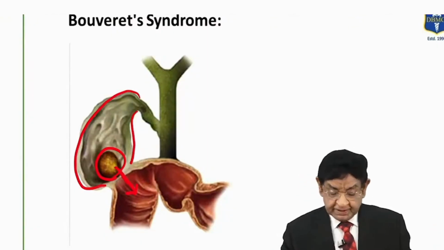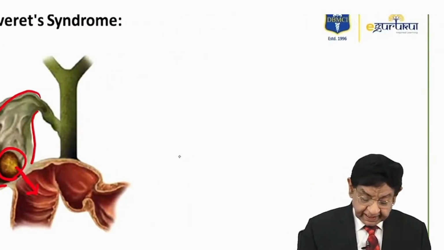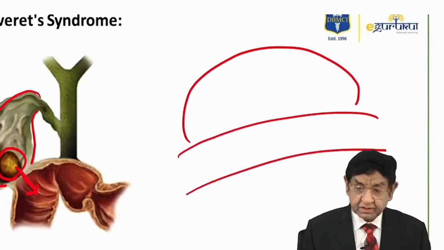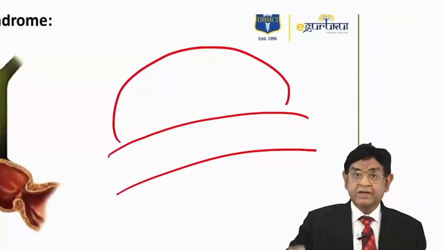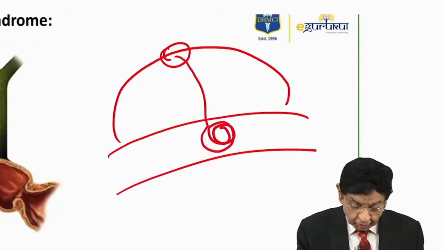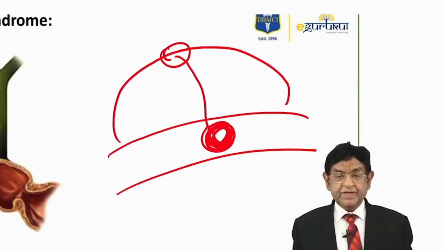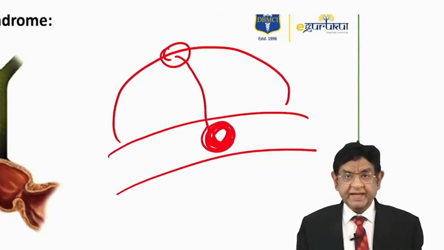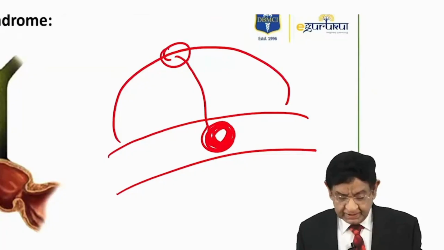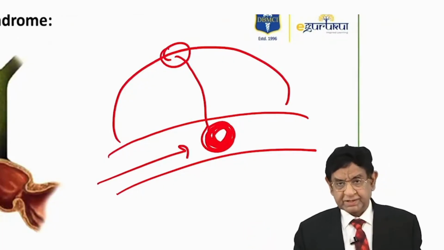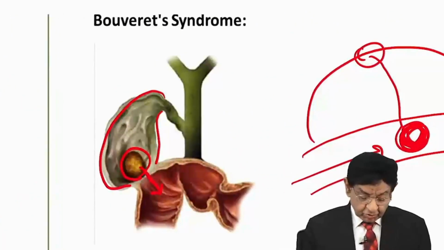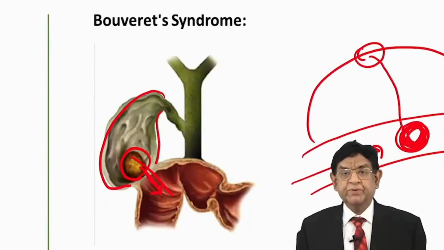It's a huge stone. It is just like a hill. It's a big hill, and here's a road going on, and a stone falls on the road. It's very common to happen in hilly areas like the Himalayas. Like a stone has fallen on the road, and now the road is blocked, right? So friends, similarly, we are getting a stone which is entering into the duodenum